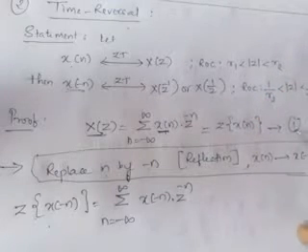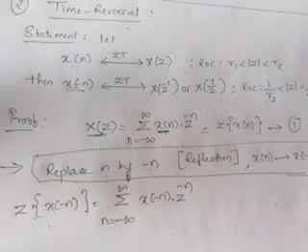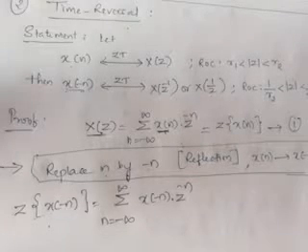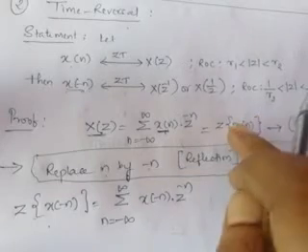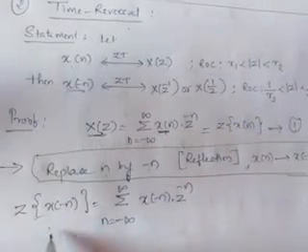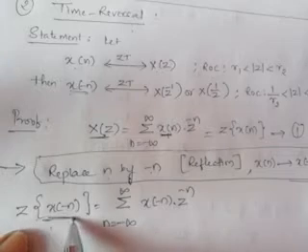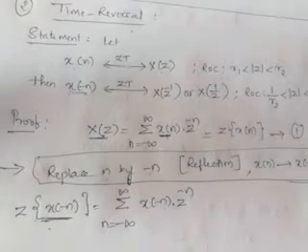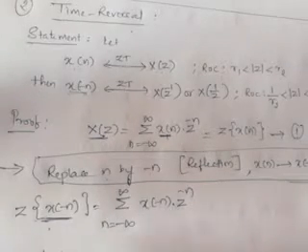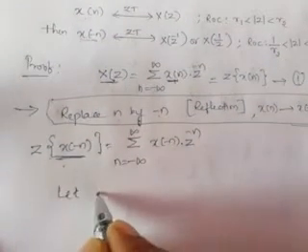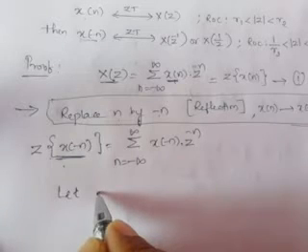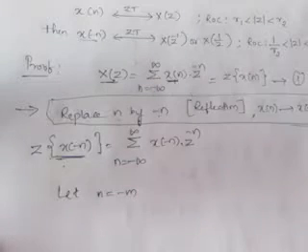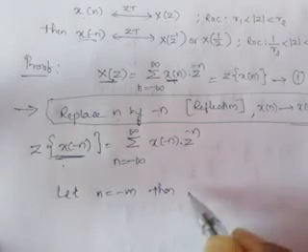Fine. This is the first sequence. Nothing but the first equation gives the Z transform of any discrete time sequence, or we have taken the Z transform of sequence x of n. Now with the help of this definition of Z transform, if I calculate the Z transform for the given sequence x of minus n, we write the equation like this. Now, in order to simplify, I am doing reindexing. Let n equal to minus m, or we can write m equal to minus n, same thing. Then the above equation becomes